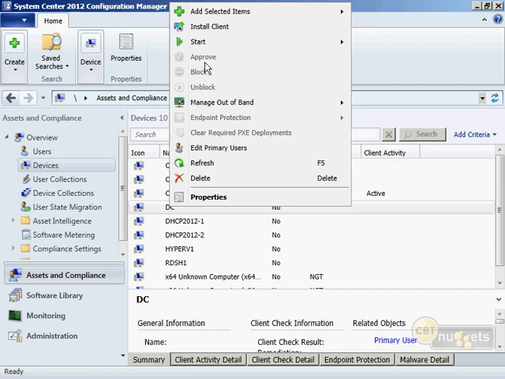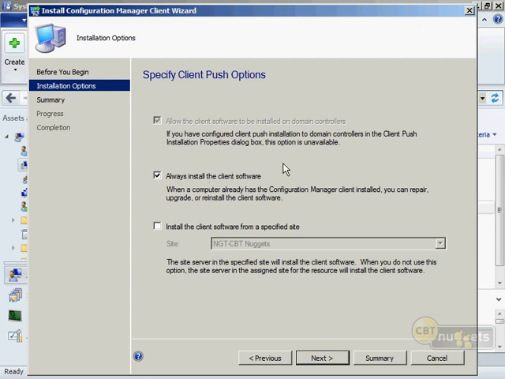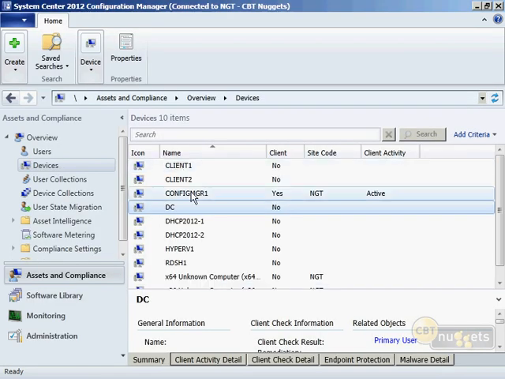If I right-click the domain controller and choose Install Client, that'll bring up the Install Configuration Manager Client wizard. Choose Next, and always install it from a specified site or wherever I want. Choose Next again, and then Next again, and you can see that it's going about doing its thing. If I choose Close here, now, back in the old days, SMS, we used to joke, stood for slow moving